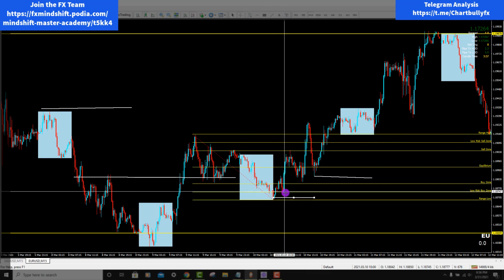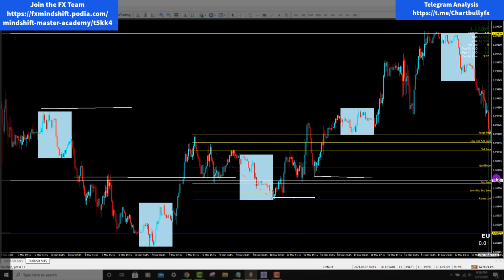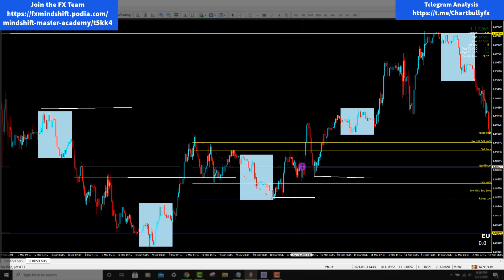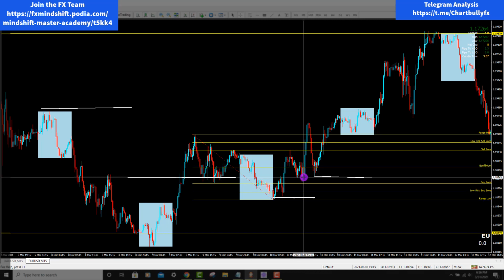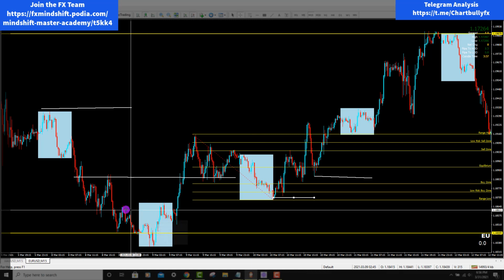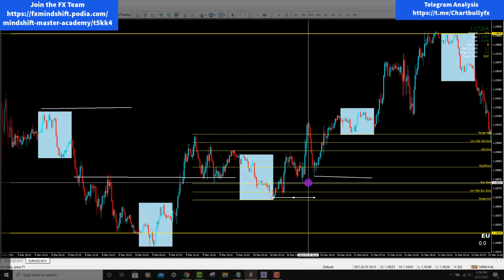came and it's tagging our range low, right? Let's say you missed this, boom, but it comes right to our buy zone, right here, and immediately goes up. Okay, now what do you want to do? You can second guess it, but why? You know it already broke structure up here. We're going in an uptrend. It hit our buy zone.